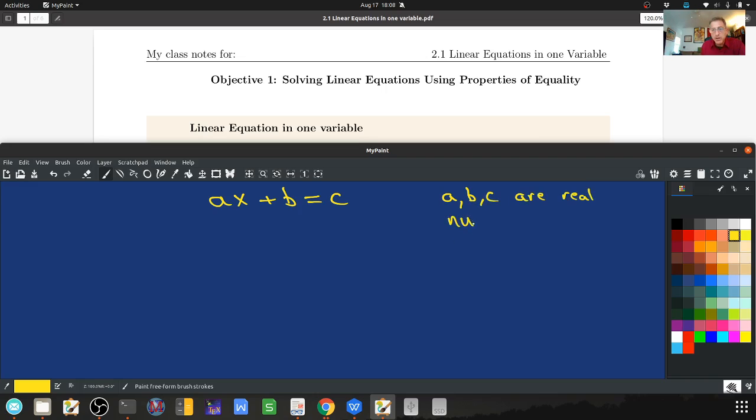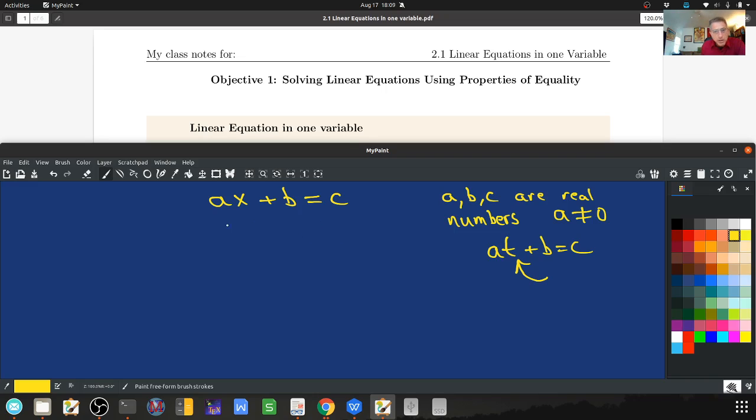And in particular, the most important part about this, because it should come as no surprise that a, b, and c are real numbers, is that a is not equal to 0. If a is equal to 0, then the first term, 0 times x, is 0, and the variable term vanishes, so we can't have that. And this is a linear equation in the variable x. We could also have at plus b is equal to c, and that would be a linear equation in the variable t. But for the most part, x is just a dummy variable. You could choose any letter. For the most part, we're going to use